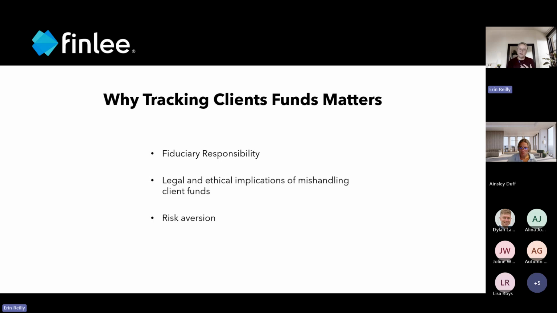And I had to take a step back and realize the real world financial implications of the money I was moving on behalf of customers, and that this has real